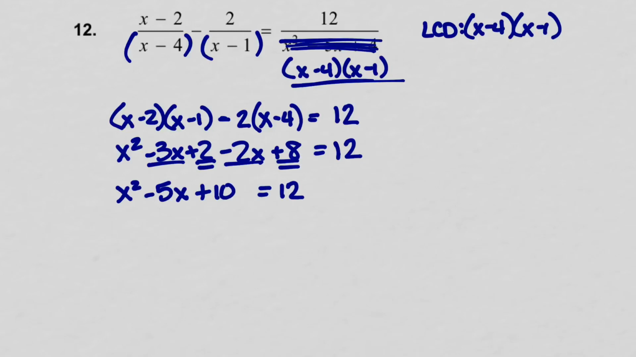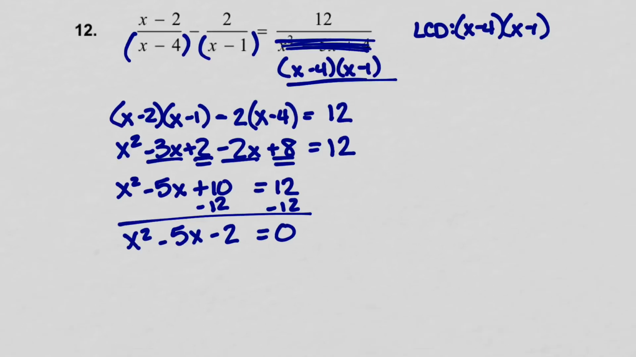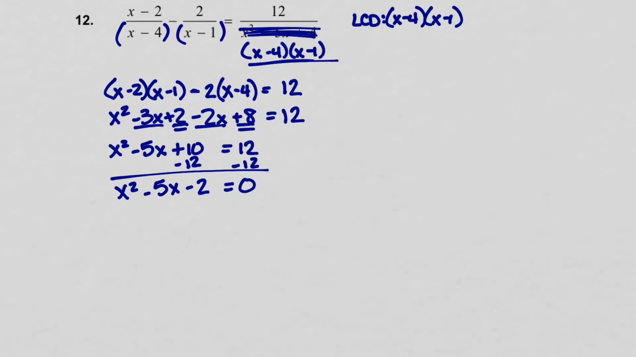Now, I'm going to solve this because I have the x squared, so let's get it equal to 0. So I'm going to subtract 12 from both sides. So I get x squared minus 5x minus 2 equals 0. Now, I could try factoring this, but if you can tell, nothing multiplies to negative 2 and adds up to negative 5. So this is where we're solving a quadratic, but we have to do it by the quadratic formula,